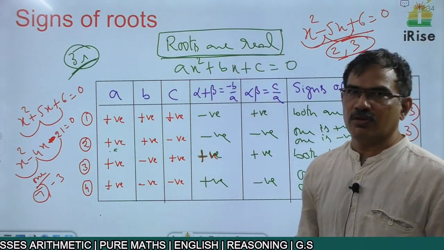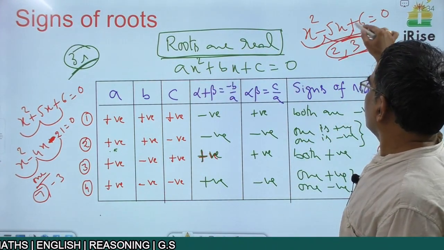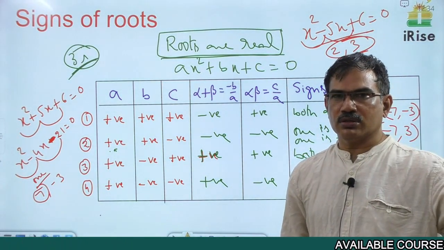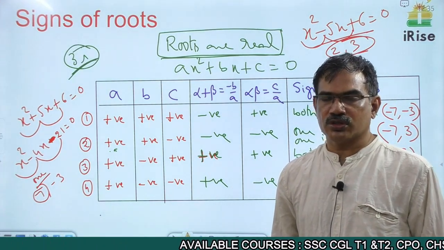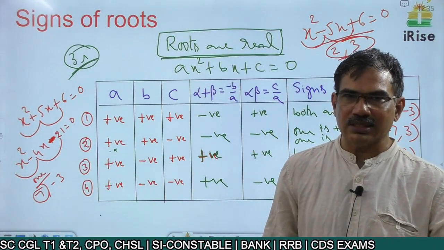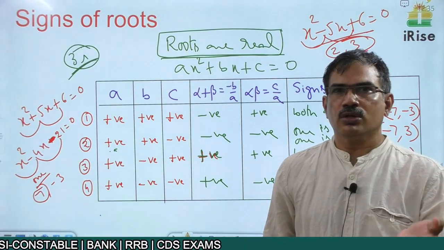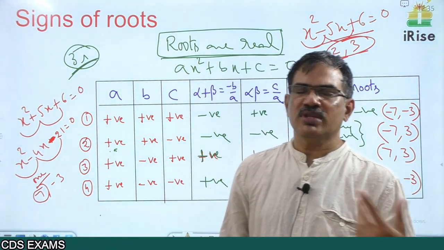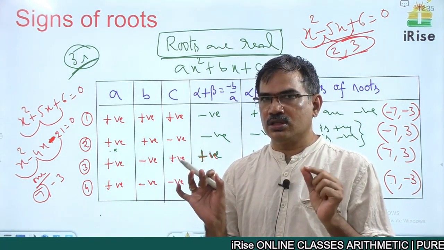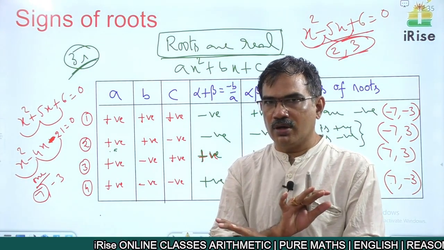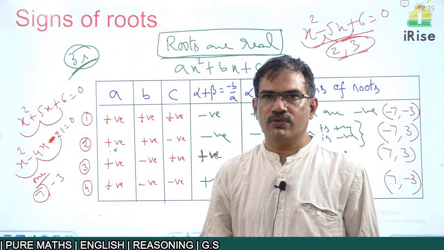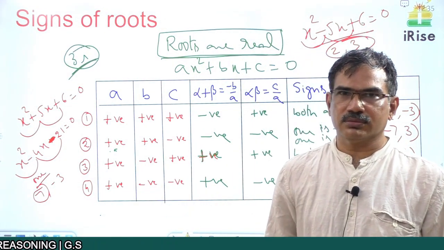Actually, this is applicable for polynomials also. If the number of changes of signs is 5 in a polynomial equation, then it has 5 positive roots. If only one change of sign is there, one positive root. Two changes, two positive roots. No changes, no positive roots, meaning negative roots. But it is applicable only for real roots, not for imaginary roots, please. So this is about the nature of roots of a quadratic equation. Okay.